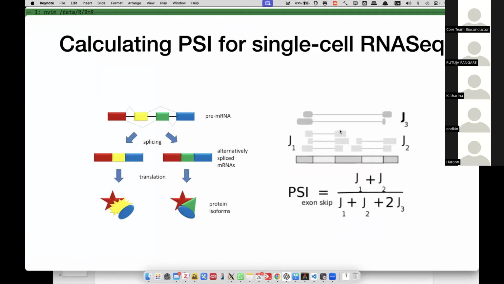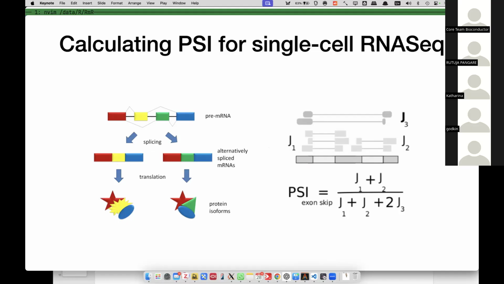I'm trying to create an R package to calculate the PSI for single-cell RNA sequencing. If you are very familiar with RNA sequencing or the transcriptome, you know that in our genome, the gene is spliced, which means when a gene is transcribed, introns will be removed and exons are joined. And the different combinations of exons from one gene will have different protein sequences. And in order to measure this kind of alternative splicing, it's called alternative splicing.